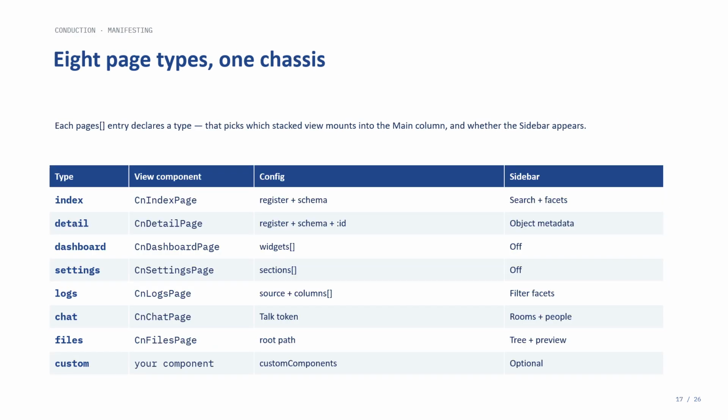Now, of course, the grid system is very powerful, so you can basically build any page you want if you put any widget on any grid position. But there are pages that are very common, like an index page, a detail page, a dashboard, a setting page, etc. So what we did is we made custom pages. Now, custom pages can contain anything you want because they're grid system and you could put anything on the grid.